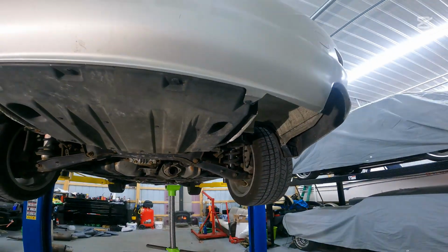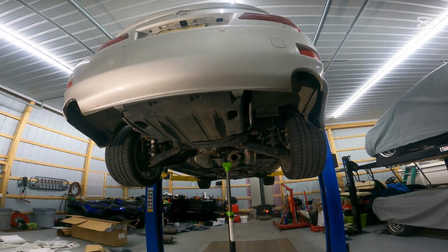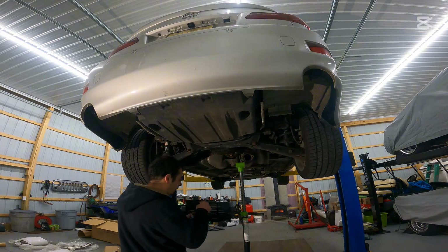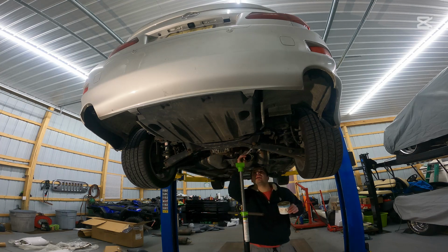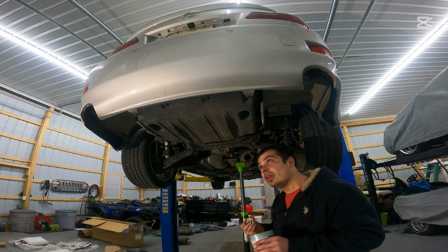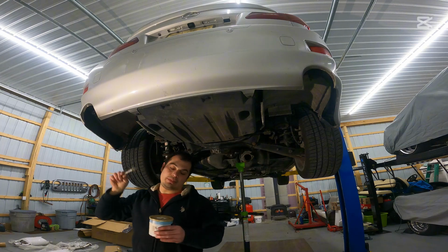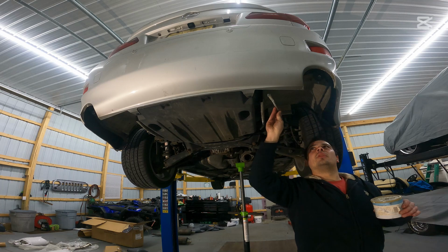So let's go ahead, let's get the side of the exhaust that's going to have the Y pipe, and let's go ahead and get it up and in. So one thing that we are going to do, that I will leave in the video description below as well, is we're going to take some of this white lithium grease, and we're going to go ahead and lube up our hangers. That way we're not sitting here fighting with exhaust hangers while we're trying to put this thing together. We want these things to slide right in, and in my experience, white lithium grease is the best stuff to use for that. So again, we're just gonna go ahead, lube up our hangers here,